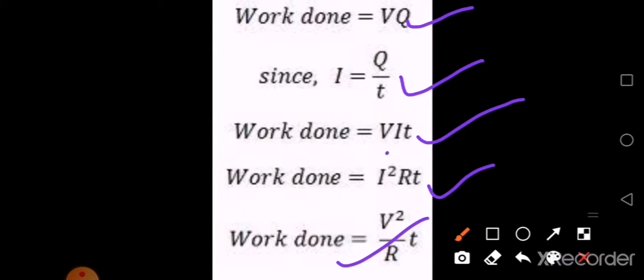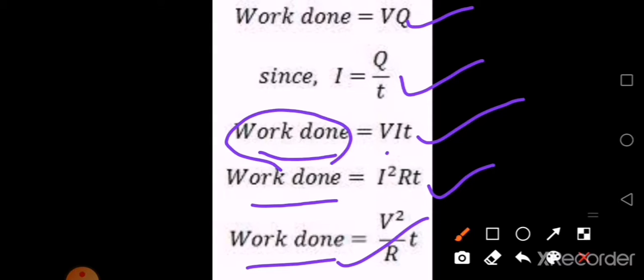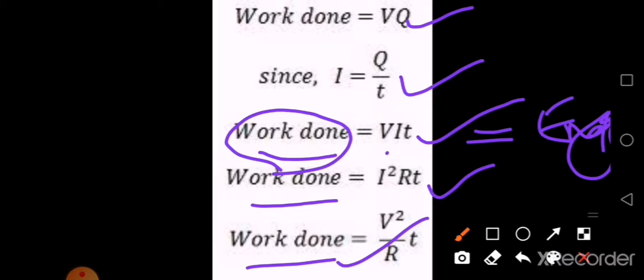Then you will be thinking, why is work done written here? We are talking about electrical energy. See, when we learned about energy itself, we said that whatever work done you are getting is stored in the form of energy. Now, when you are doing your numericals also, you are finding the work done, and that will be equal to the energy, isn't it? So that is how you are considering. Those are the equations for the measurement of electrical energy.